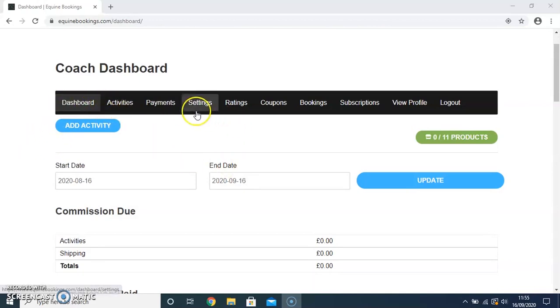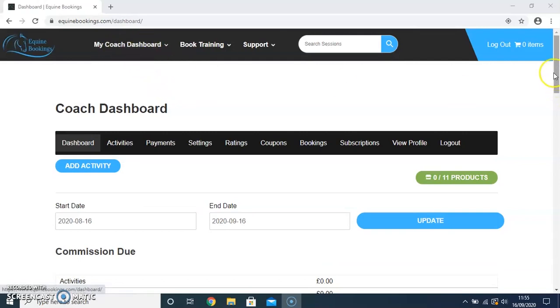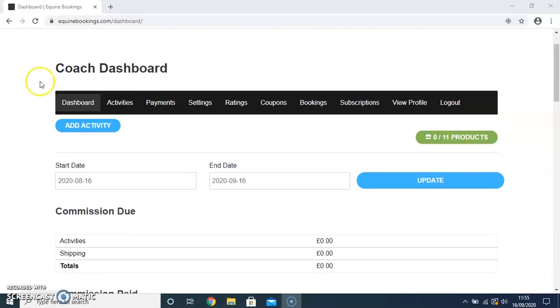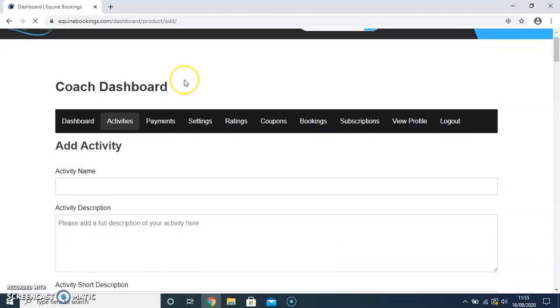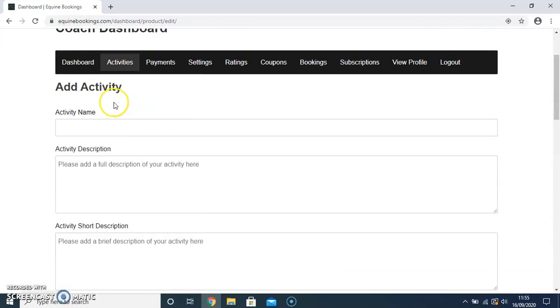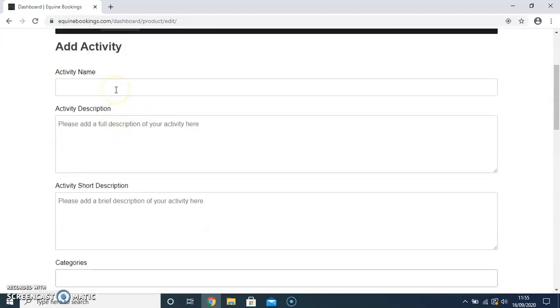So what you want to do is obviously go onto your dashboards after logging in. Make sure you log in, click on to My Coach Dashboard, and under dashboard you'll see where it says add activity. If you click there, you can also go into activities, and obviously they're all listed there and you can add them then. And from here you want to then just go through answering the questions as you normally would. So activity name, you could just put